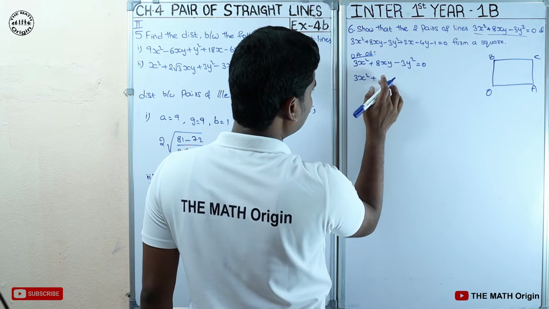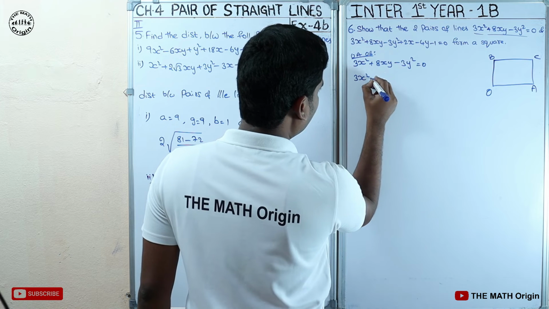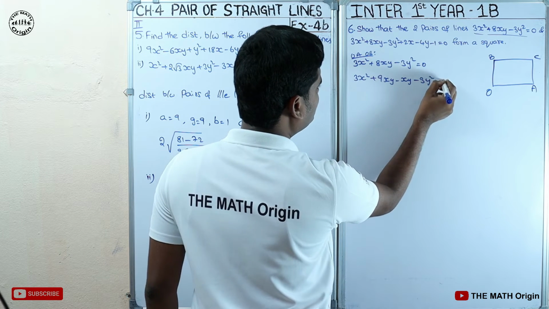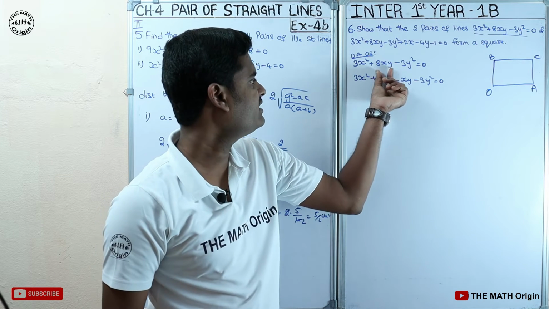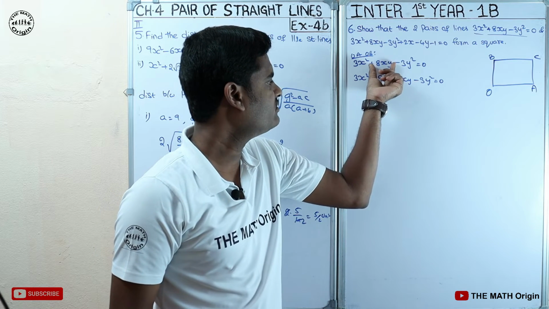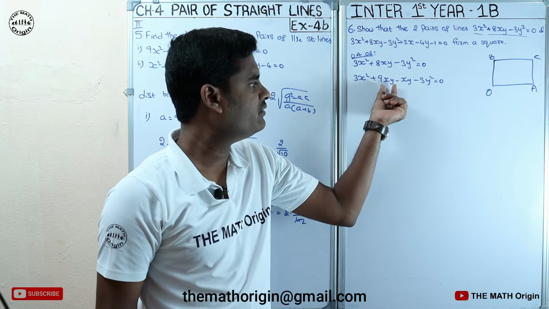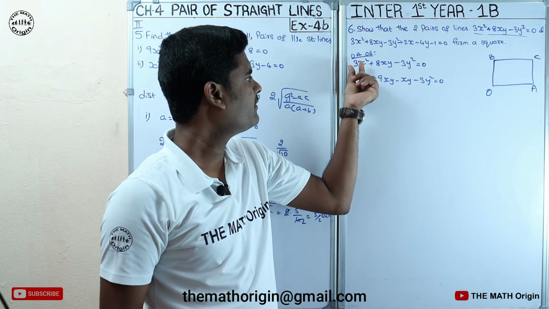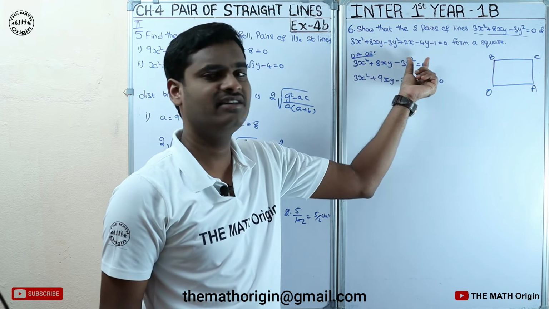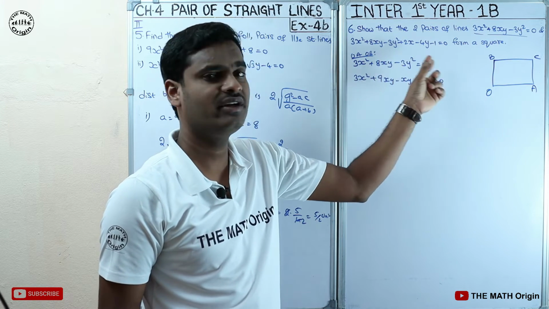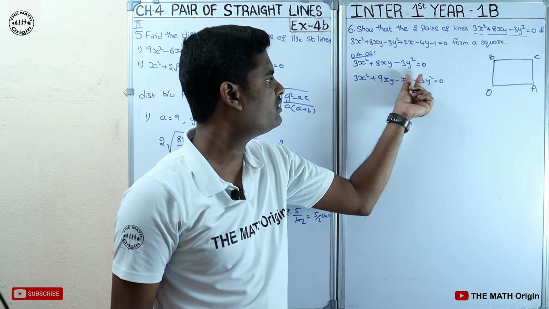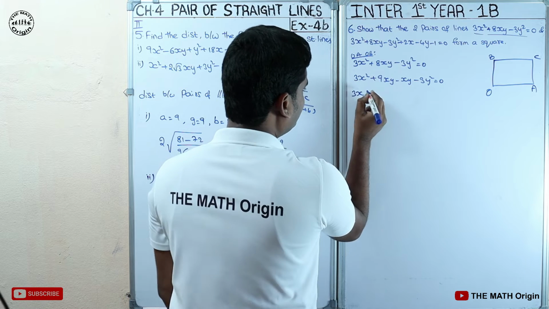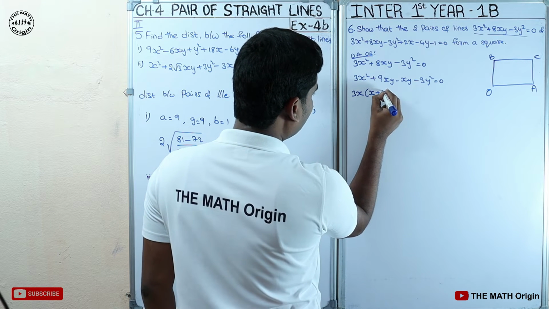3x square plus 9xy minus xy minus 3y square is equals to 0. Here I have taken the factorization. Factorization means making this 8xy value, split it into values whose product should be equal to the product of the extremes. So the product of the extremes is 3x square times minus 3y square, which will be minus 9x square y square. So the product of these two also is minus 9x square y square, and the sum of these two is 8xy, which is satisfying. So from this I will take the equation x into x plus 3y